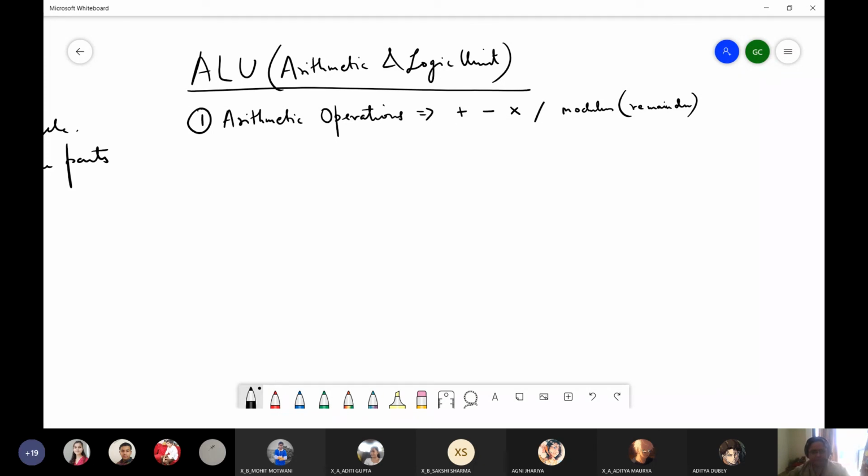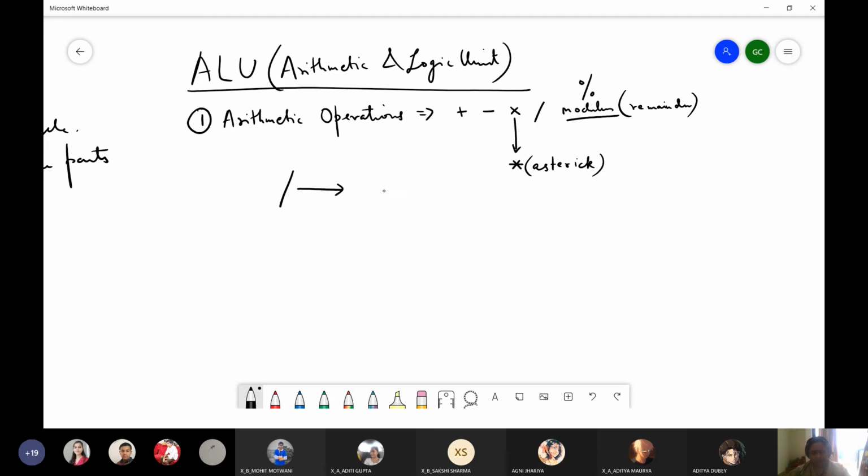In short, this symbol is used for addition, finding the sum of values. This is for difference. For multiplication, we don't exactly use this symbol; we rather use an asterisk symbol. Asterisk, this is how it is pronounced. So the asterisk symbol is used for multiplication, and for division we use a forward slash like this, and we have a modulus operator which is denoted by the percentage symbol. Here don't consider this to be a percentage. This is the modulus operator.